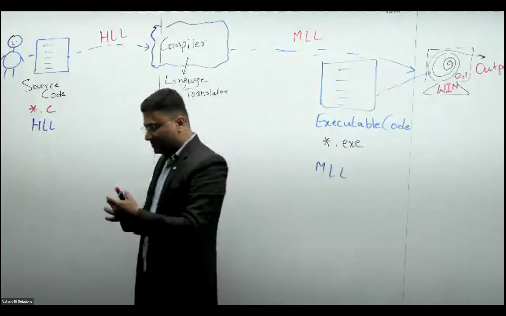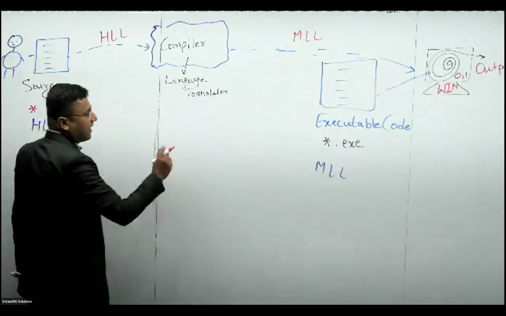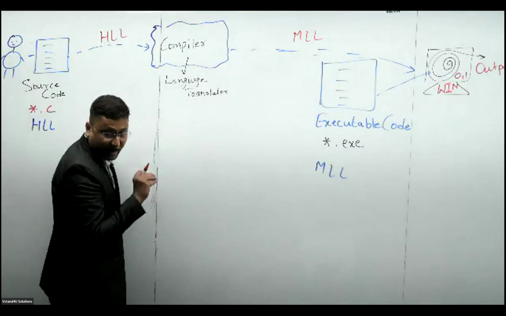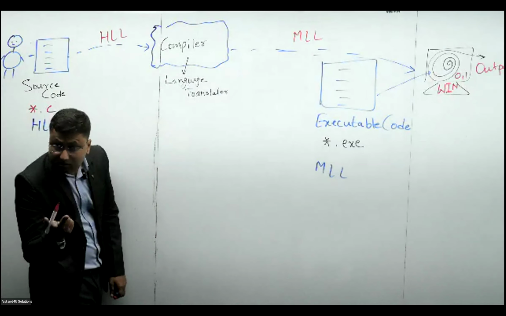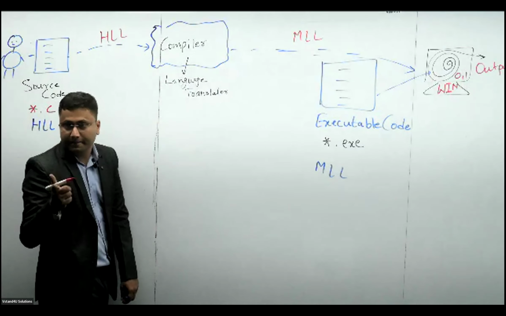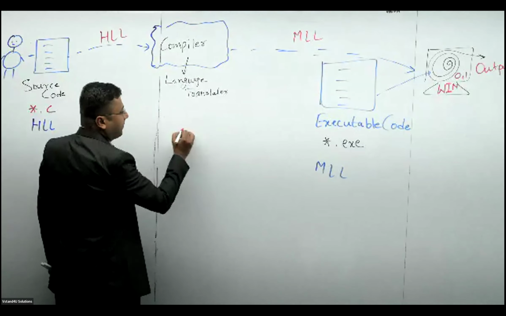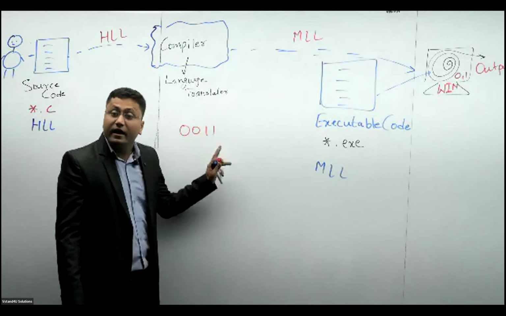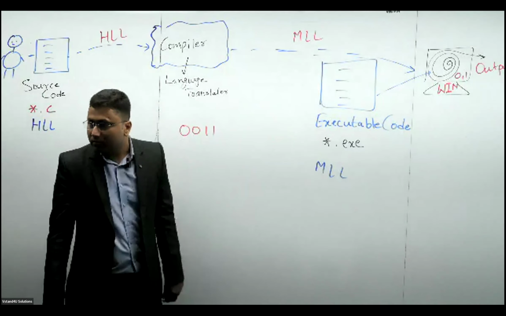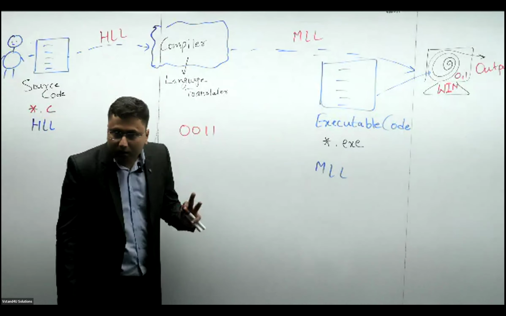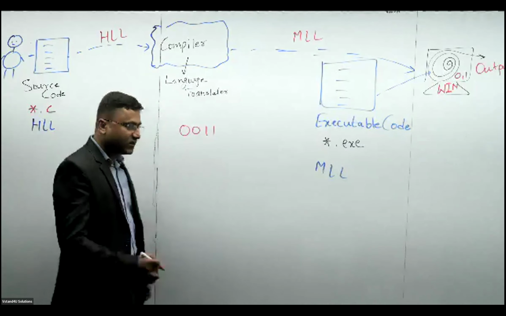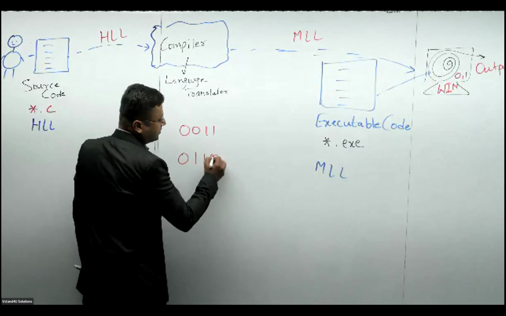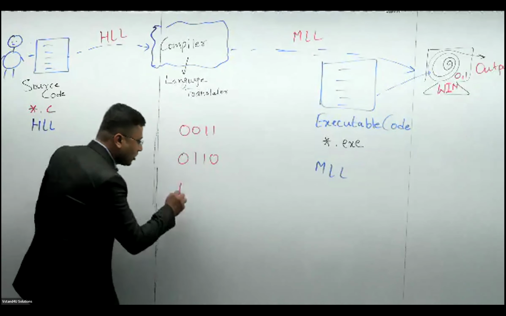In simple words, say for example, I want to do an add operation, adding two numbers, arithmetic addition. For the adding operation, I will say 0011 is the code for addition in Windows. Am I clear? But sir, in Linux, if you have to add, you have to write this code, sir. In Macintosh, you have to write this code, sir.